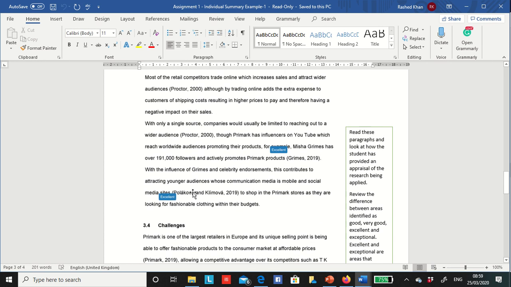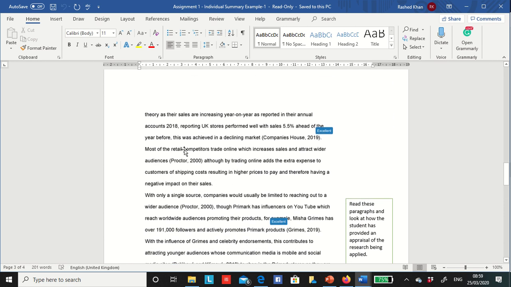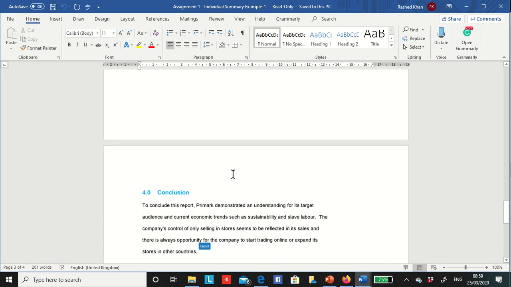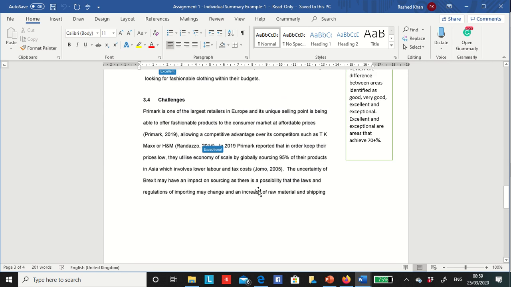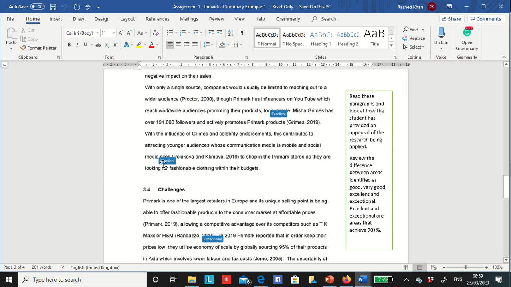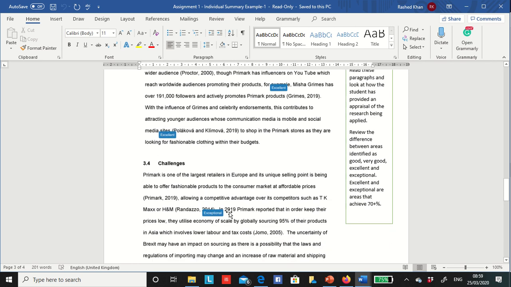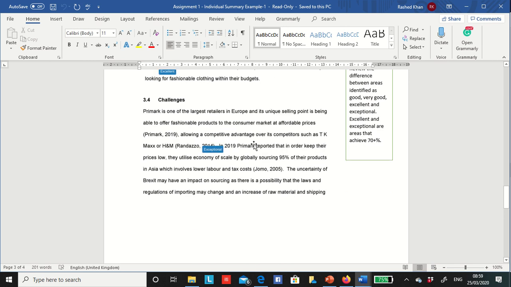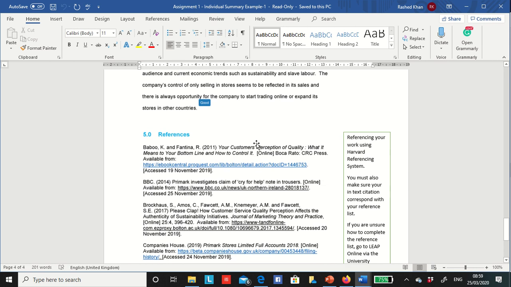And see also these blue comment boxes, where the examiner makes comments like excellent, exceptional, good. These types of comments, excellent, exceptional, mean you are getting more than 70% marks.